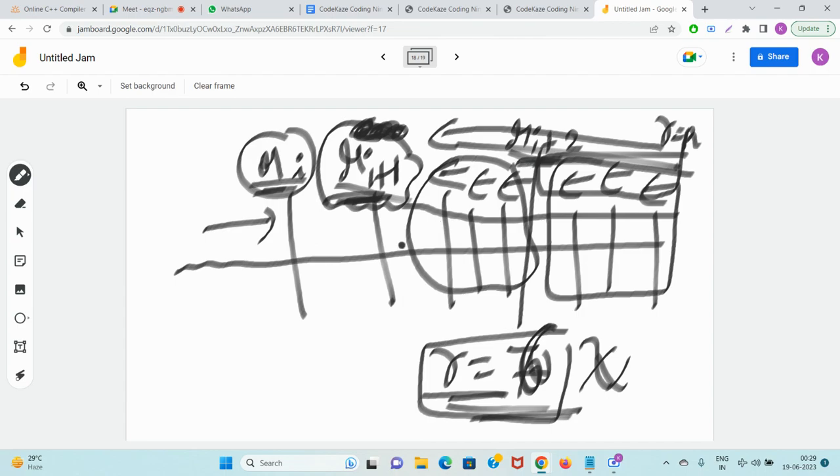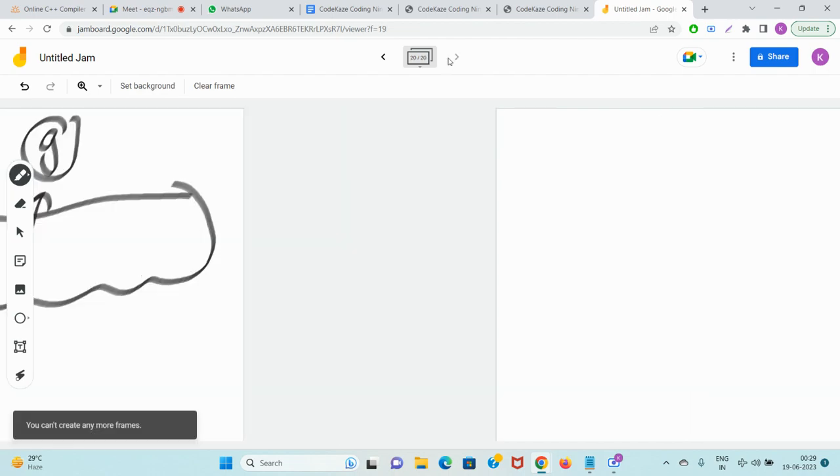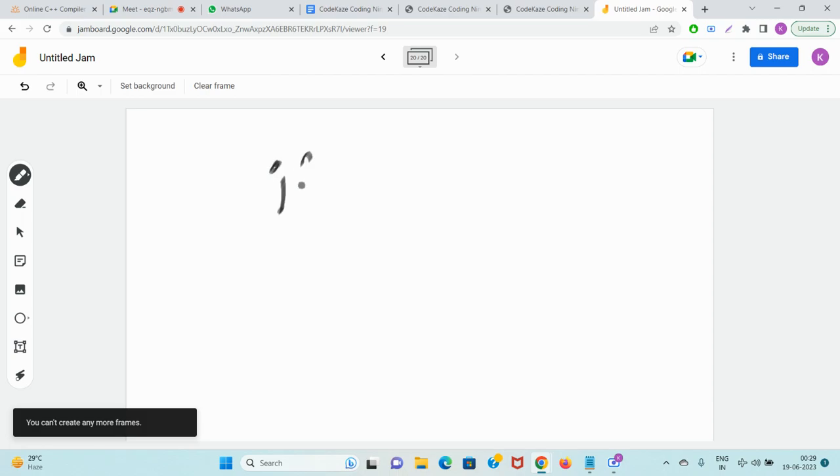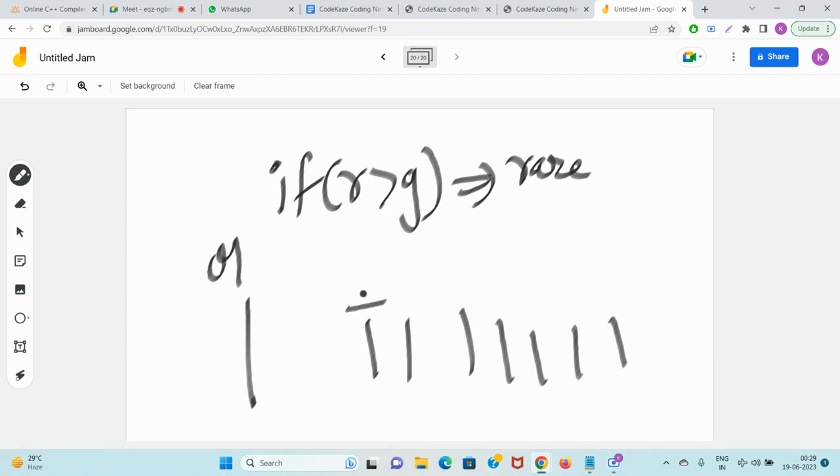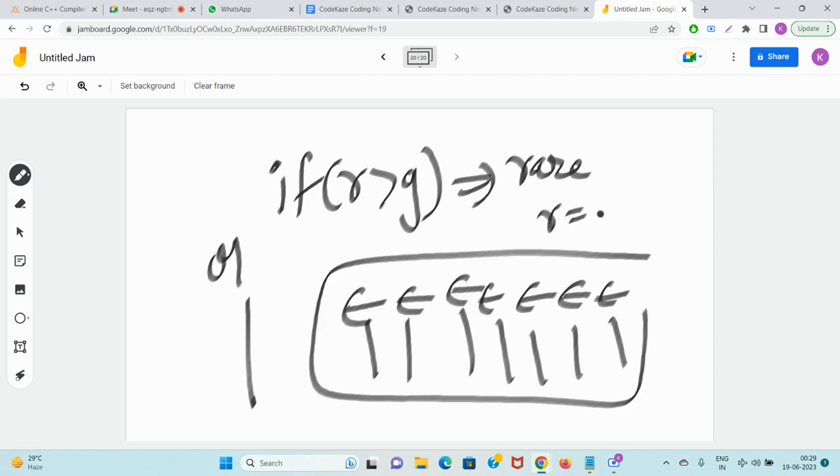This is guaranteed in this case that all the soldiers after m of i plus 2 will be in the right direction only. And one normal thing I'll tell you: if r is greater than g, this is a very rare condition. Why? Because whichever monster you are at, there is no such guarantee. It is very rarely going to happen that even if all the soldiers are going in this direction of the right side, even if r is equal to g, that is understandable, but r greater than g,